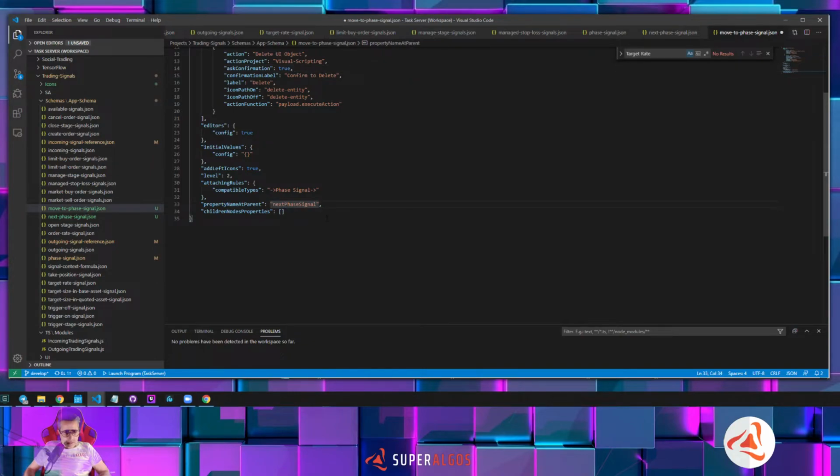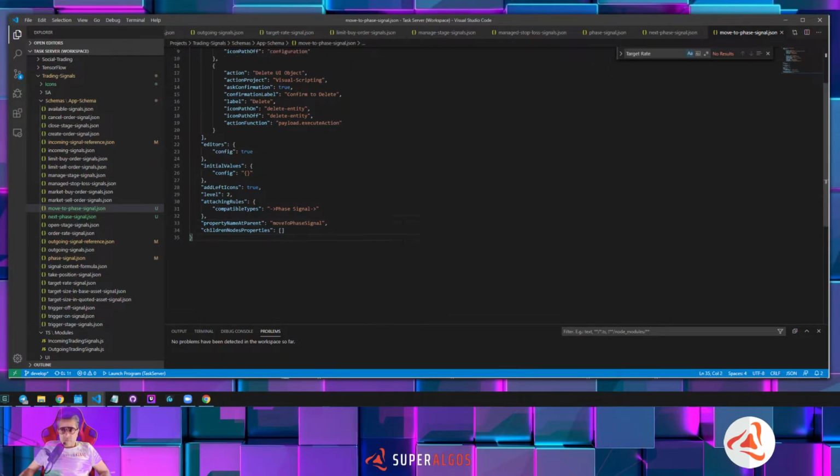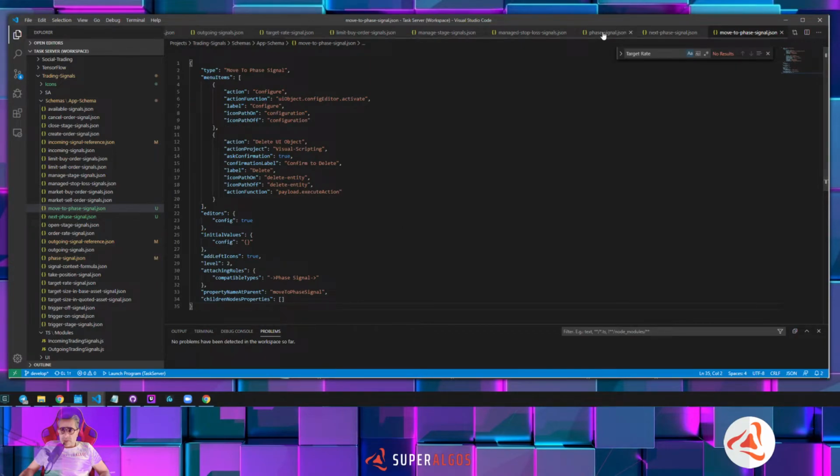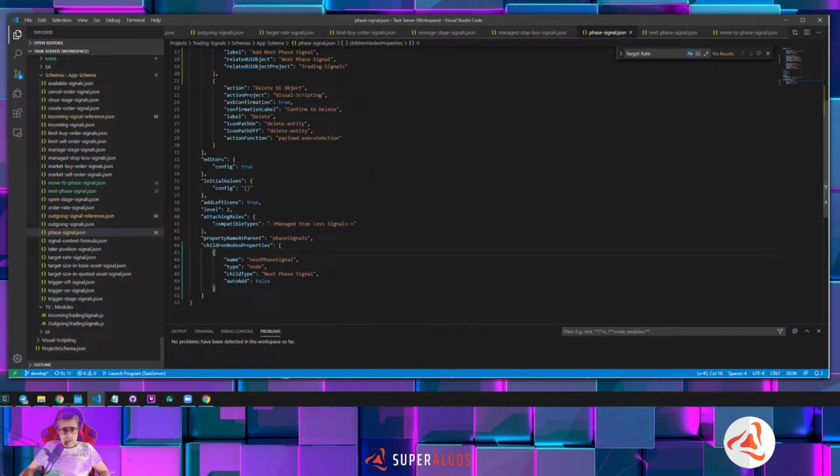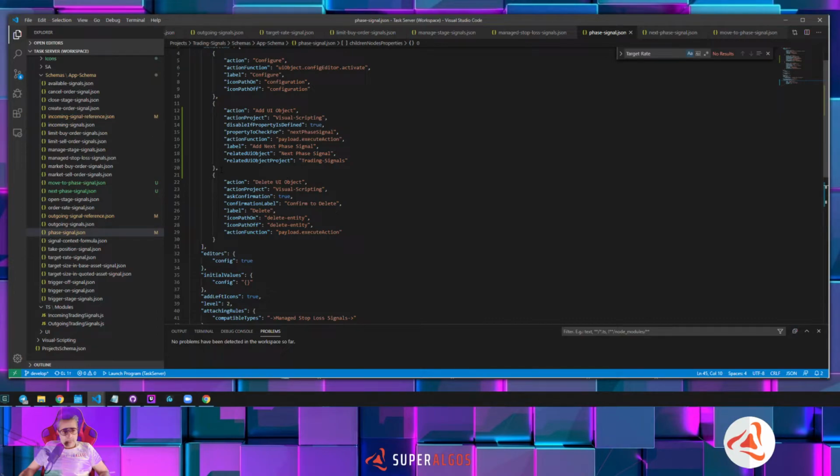And here at the parent, it's going to look like this, move to phase signal. Good. So at the signal, we said that we can add this type of child,